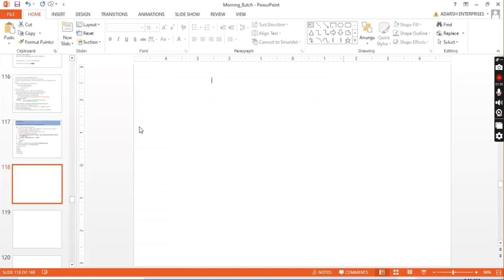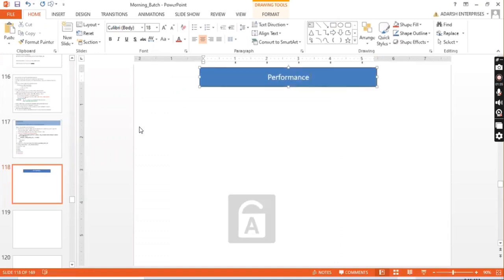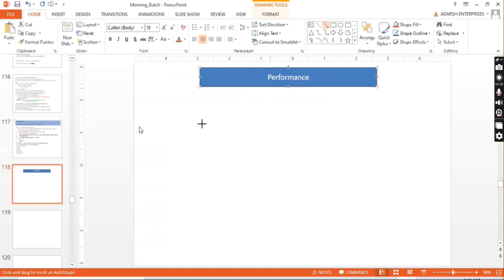If we are talking about performance, you have two important things. One is ABAP layer performance and another is DB layer performance. Only two things are there, right? One is the ABAP layer, that means the application server layer. Whatever logic you have written over there, that is one thing. And